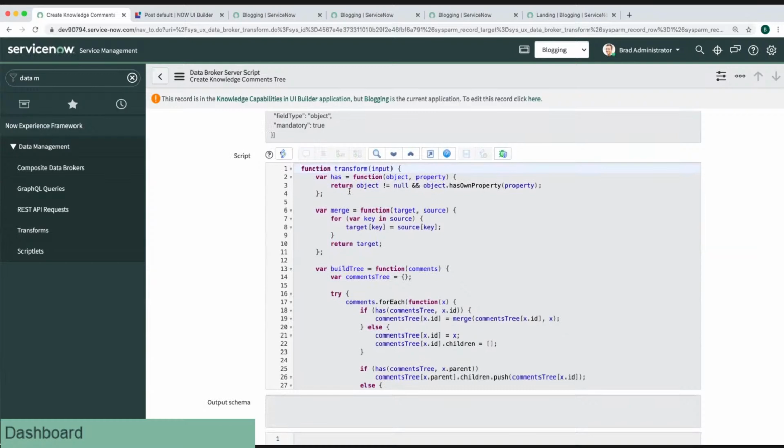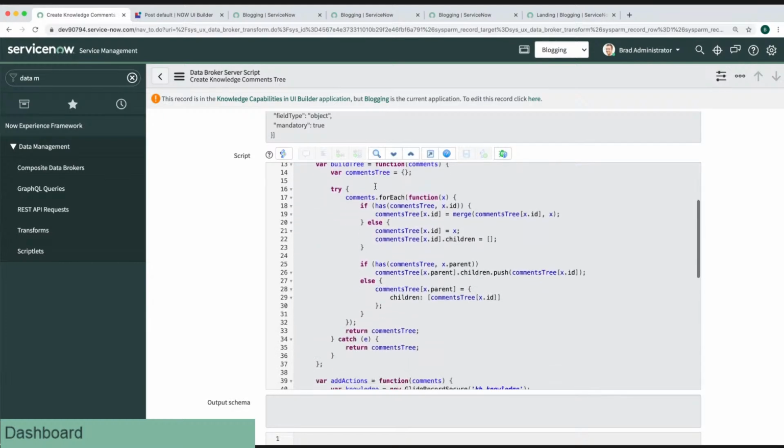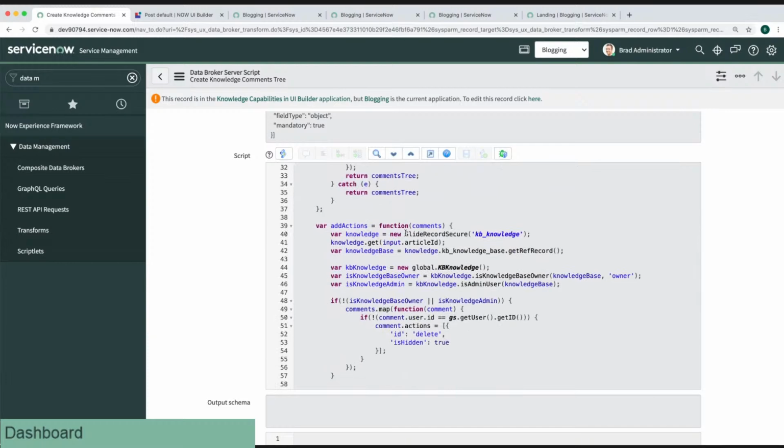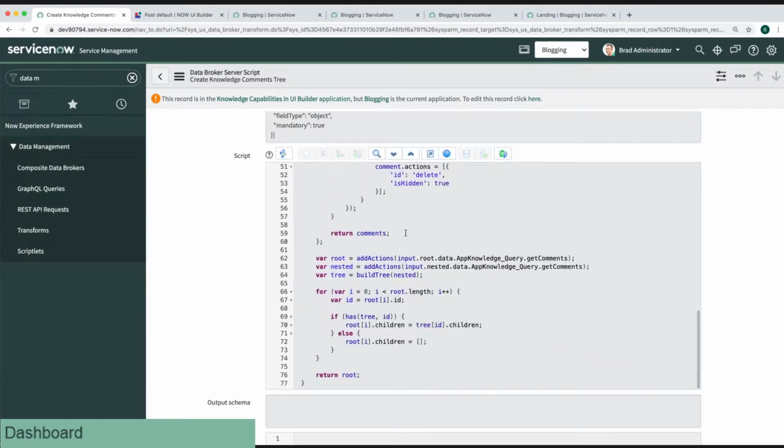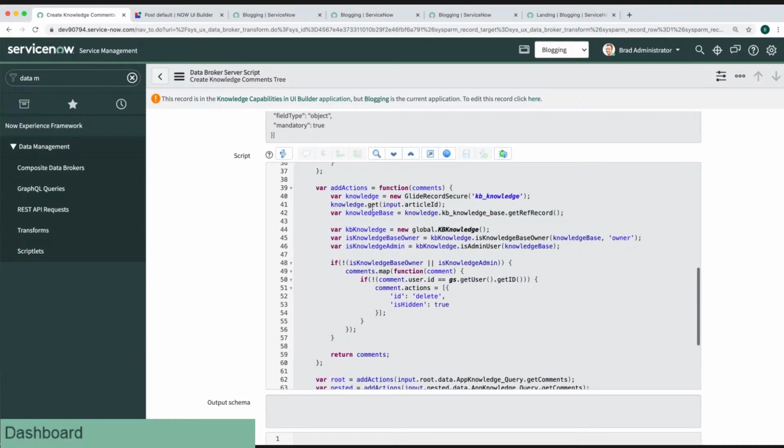Right. And so this is basically taking that GraphQL from the two data resources, and it is using JavaScript and turning it into some JSON. And of course, it is calling some knowledge feed right script include, so we can't just copy it,